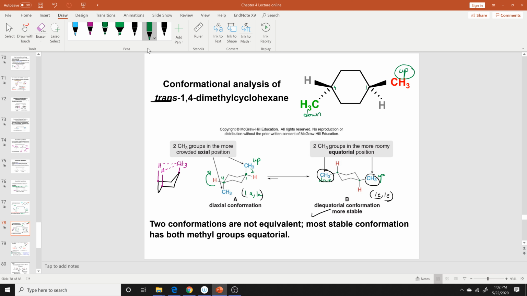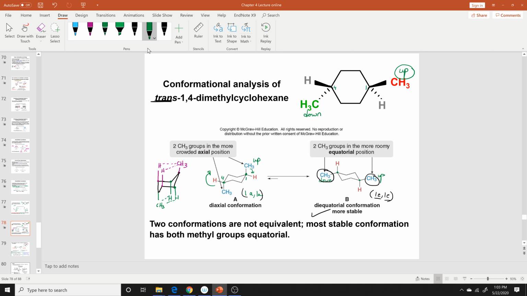And then for the CH3 that occupies the axial position which is down here, this CH3 is going to interact with the axial hydrogens that are coming down. These two axial hydrogens that are coming down are in the same plane as the CH3. So again I have two hydrogen-CH3 diaxial interactions in the top plane and two hydrogen-CH3 diaxial interactions in the